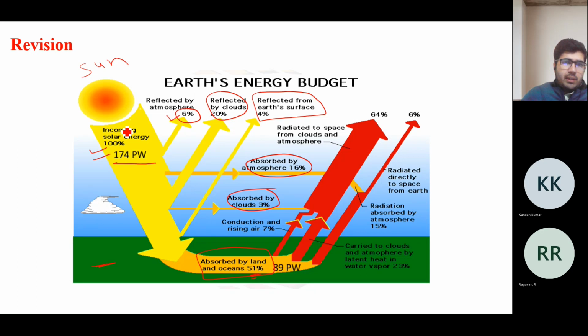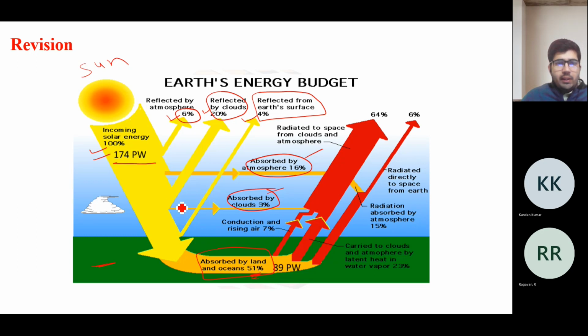Because you can see the 6% is reflected from the atmosphere, 20% was reflected by the clouds, 4% reflected from the earth's surface, 1.6% was absorbed by the atmosphere, 3% was absorbed by the clouds. Okay. So this remaining energy is coming to the earth surface, that is 51%. So the 51% energy is absorbed by the land and ocean. Now again,